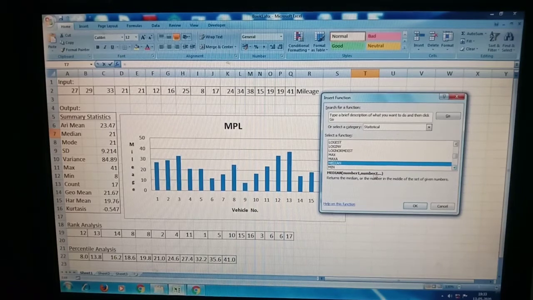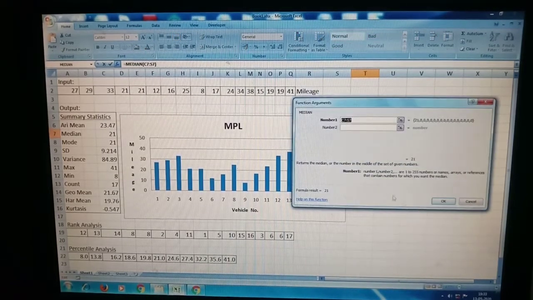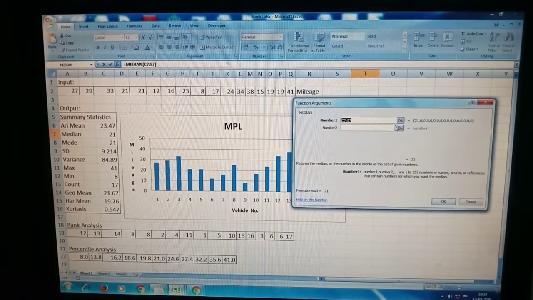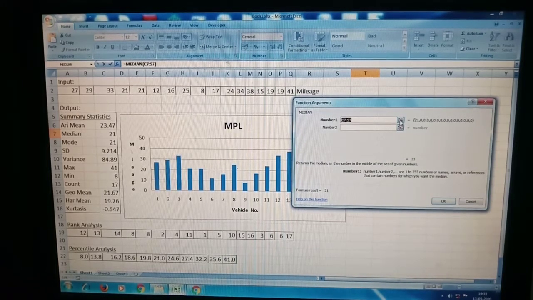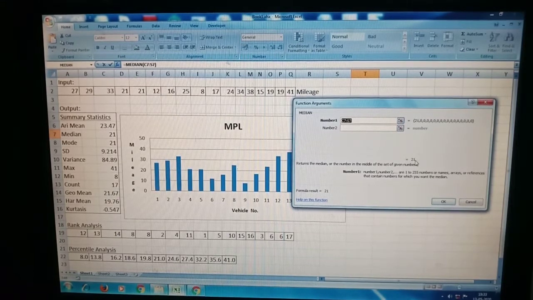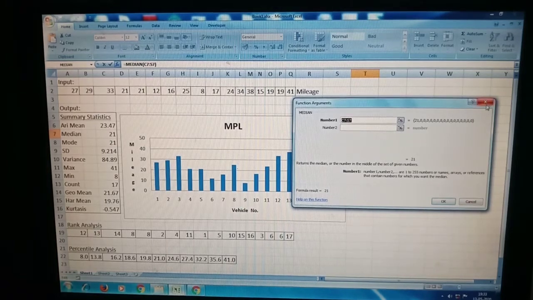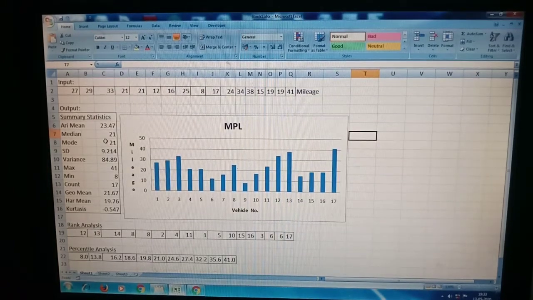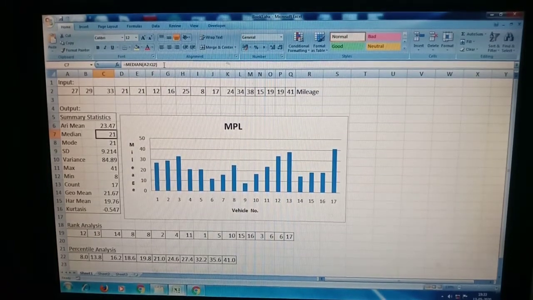It tells you the general format and explanation. Click OK. It gives the numbers here. The answer is 21. Instead of selecting the values using this box, you can simply give the formula in the formula bar and you will get the answer. This is the summary statistics explanation.